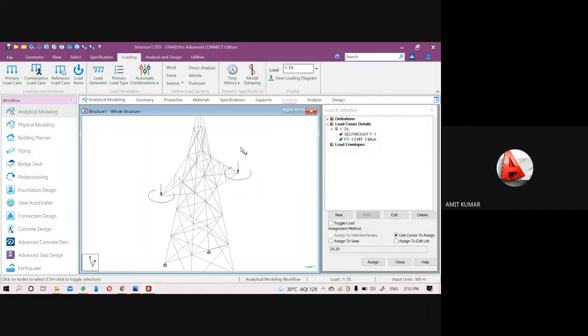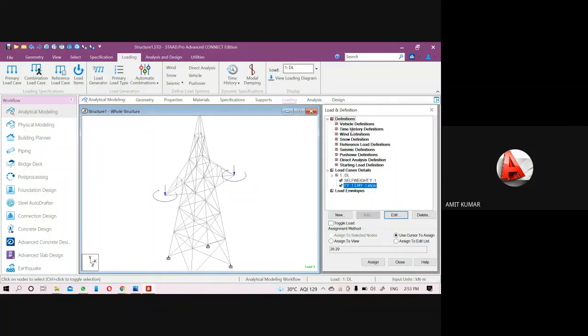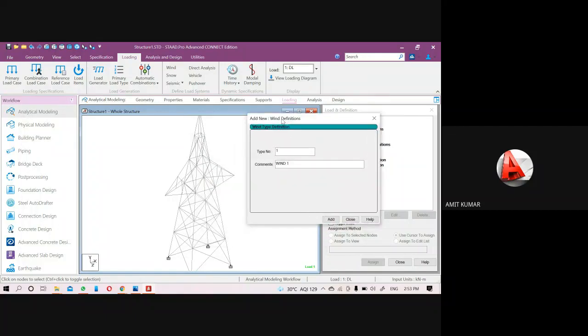Okay, so next thing, we will add the wind load also here. For this we have to give the definition first. So come to the definition, pick the wind definition, add. Whenever the structure has a height of more than 15 meter, we have to add the wind load.